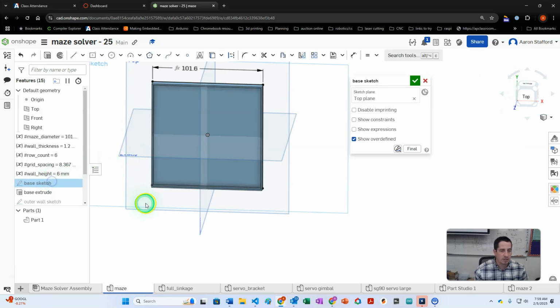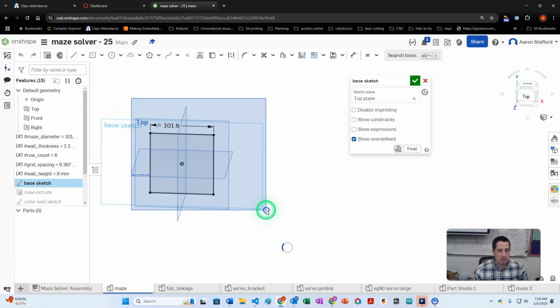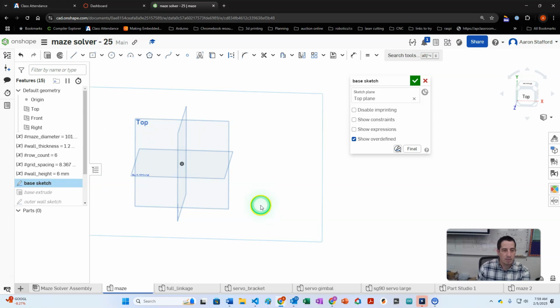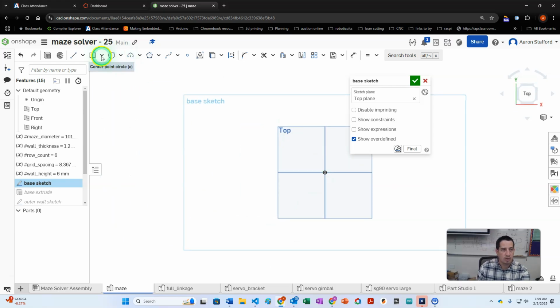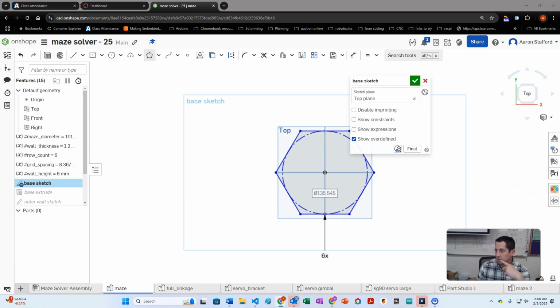Okay? And then our base sketch, we're going to delete this guy and make a hexagon. And so we're going to use our inscribe polygon tool, draw ourselves a hexagon. Okay, with the 6 sides. And then when I set the dimension of it, the diameter rather,